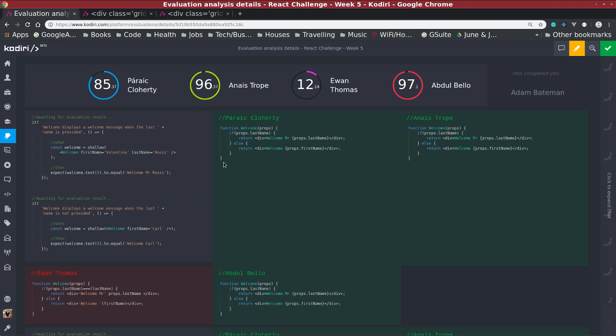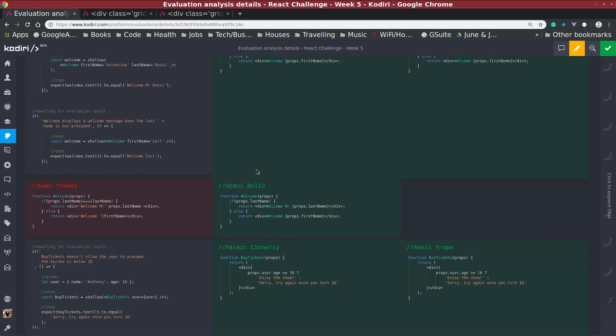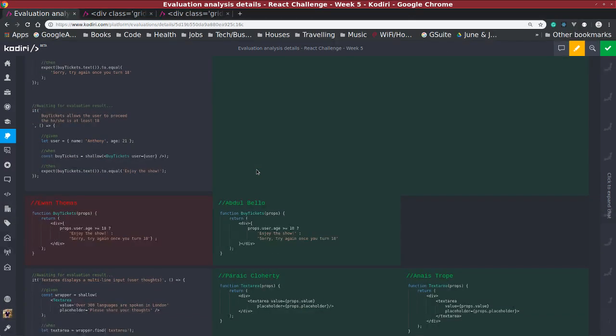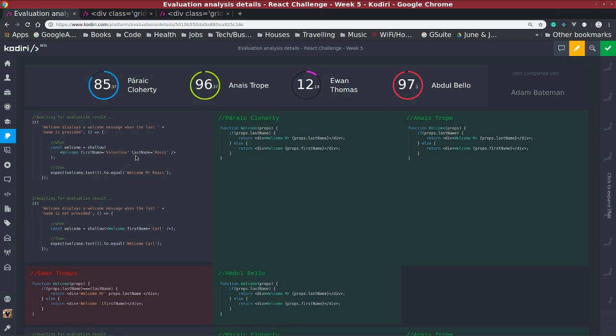Okay, so we've got 2 more people get their accreditation for the React training today, so very well done to them. And we're just going to go through beginner, at least 1 question first, and then we'll look at intermediate React challenges. So question 3 I think was the trickiest one for people, which was